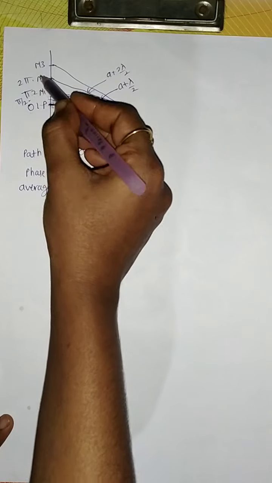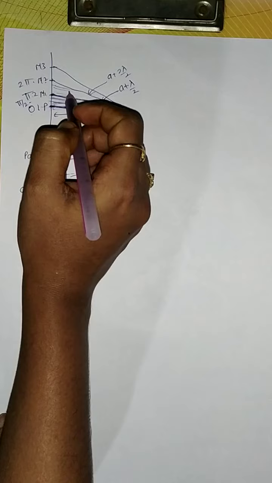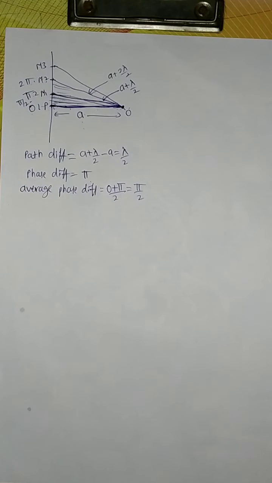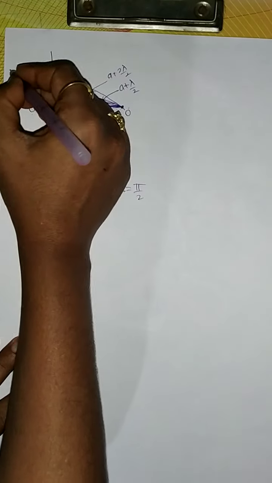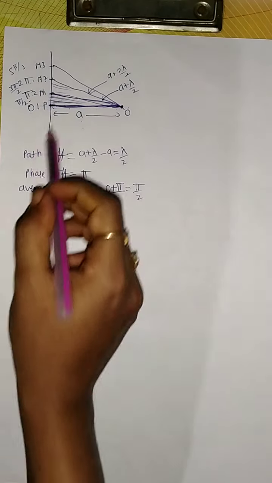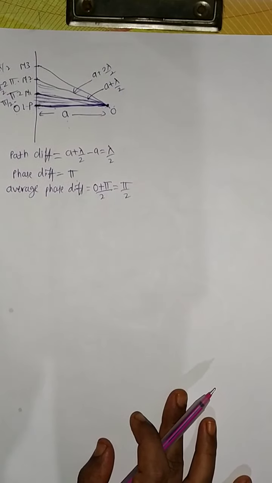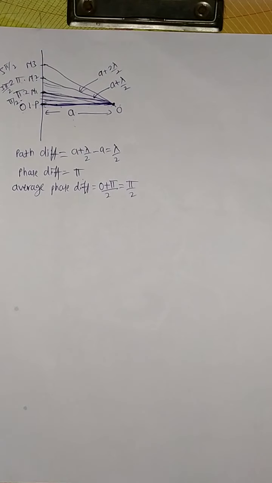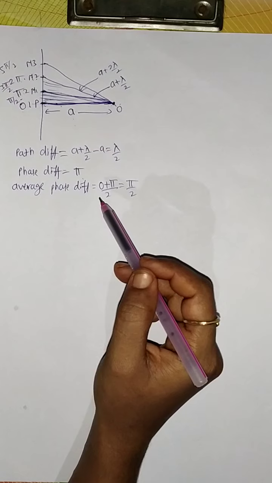Like that, if you take M1 and M2, what would be the phase difference of the rays coming in between those two? Pi plus 2 pi divided by 2, nothing but 3 pi by 2. So next if you calculate, 5 pi by 2, like that it goes on. So now we have calculated the phase difference. And when we calculate the phase difference, it is very important to know the amplitude value. So from these two things we can get the value of the amplitude.